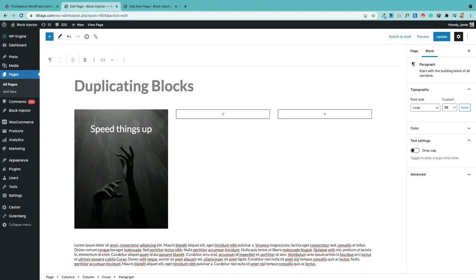Duplicating blocks can be a real time saver, especially when you're working in blocks like the columns block. So I want to create a 3-column layout. Instead of having to do it every single time, I create the first block in the way I want it, and then simply what I'm going to do is duplicate it,